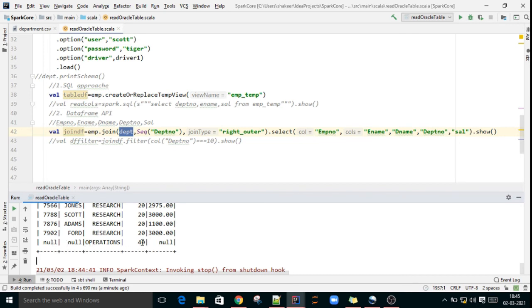The 40 department is not there in the employee table, so null came. So this is the right outer join. One more, full outer, has the same syntax. In full outer join, from both sides matching and non-matching records will come.